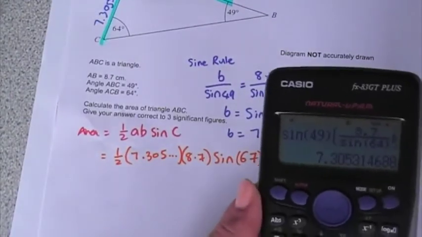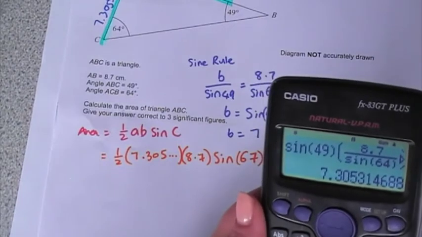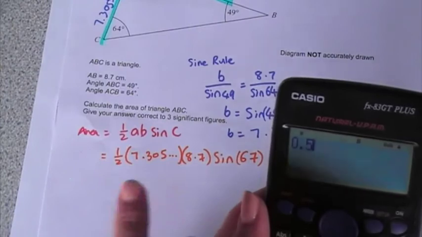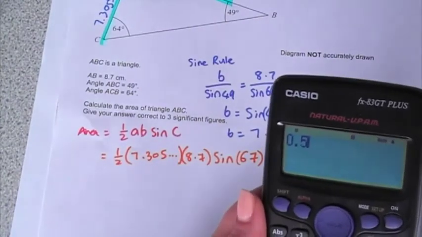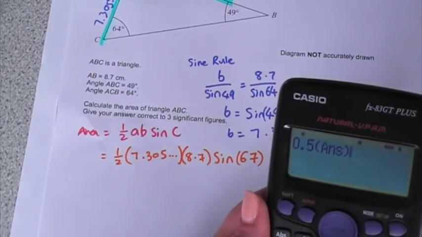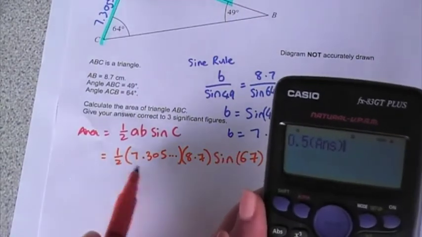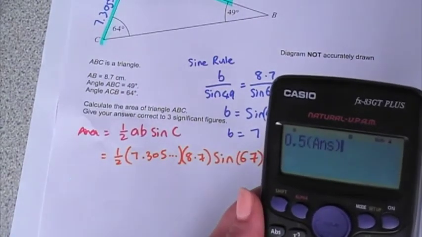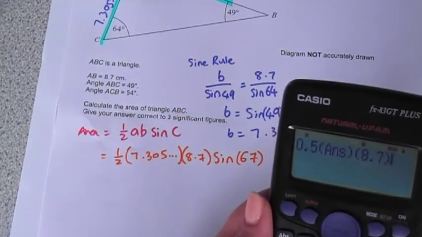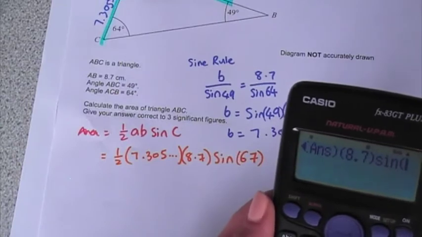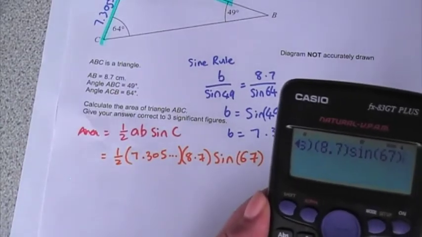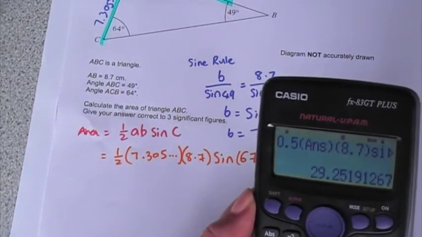I need to now do half, so I'm not pressing delete, I'm just typing in 0.5. There's that rebellious nature of mine again. Instead of putting half in, I'm doing 0.5, open bracket, my answer from before, or you could type that in, that would be fine. Open bracket, 8.7 sine 67, close the bracket off, equals